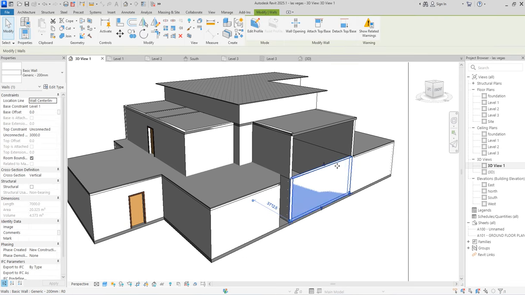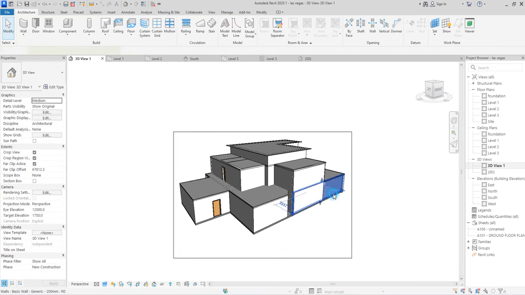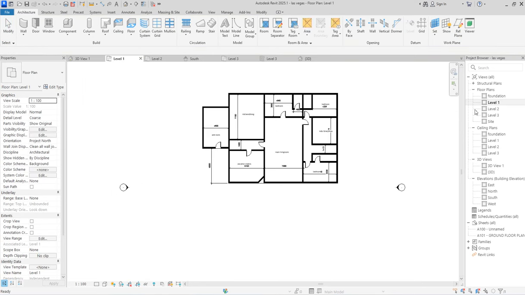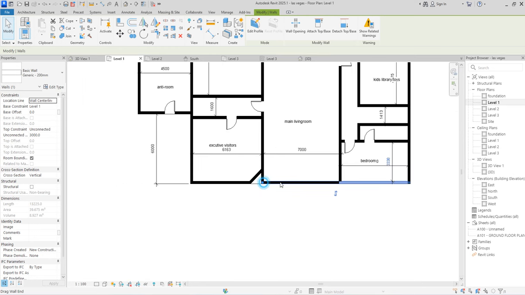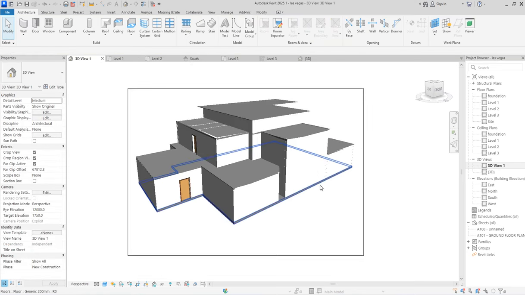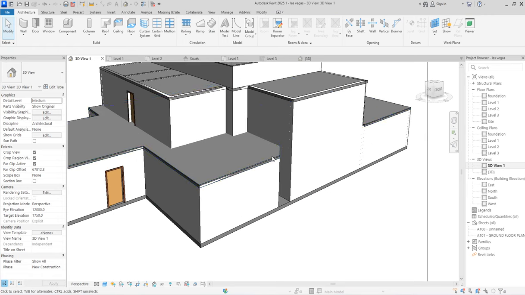So now you select it again and say the top level, right, also unconnected. Good, it's back to normal. So this one that is intersecting, you need to go back here into level 1 and arrange your work for yourself. So adjust it. When you go back to the 3D view, you see it's connected and united. So we're done with this one.